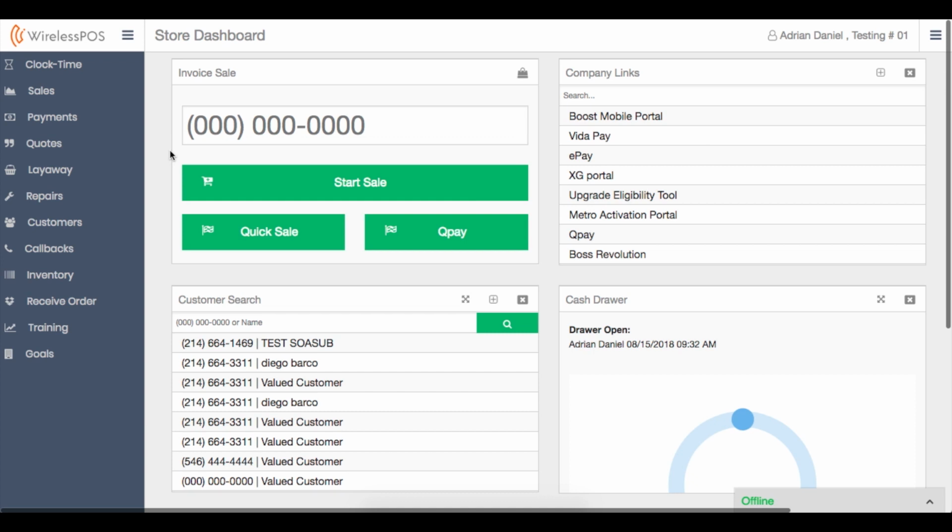If this is your first time learning about iWireless POS, what we are is an end-to-end business management platform for cell phone stores. We help with things such as inventory management, staff goal monitoring, commission and spiff reconciliation, to name a few. So what I'm going to do now is show you guys how we make a service payment